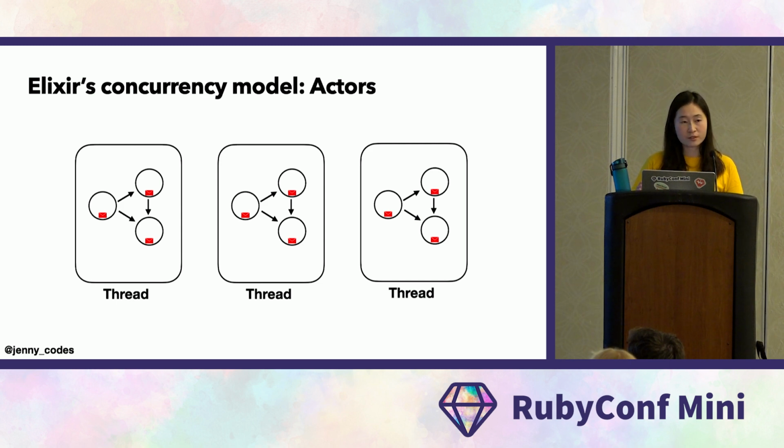So one process in Elixir is actually more lightweight than one operating system level thread. In fact, it is so lightweight that millions of Elixir processes can run in one thread at the same time. And there's also the role of a scheduler to decide which process runs at which time, but all processes run concurrently. One reason that Elixir can do such a thing is its guarantee of immutability at the language level.